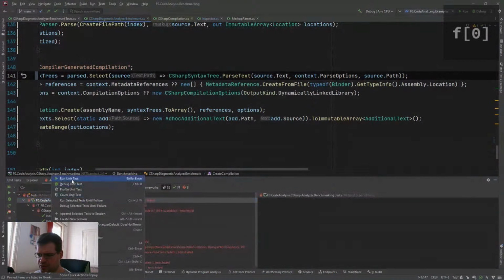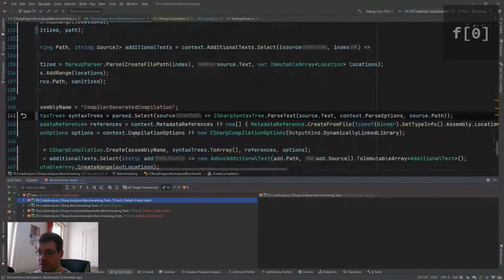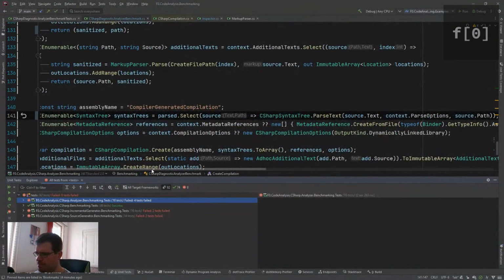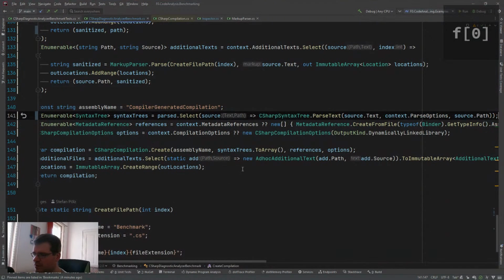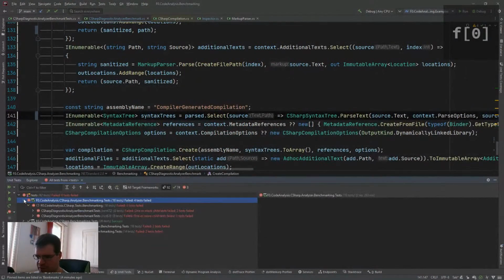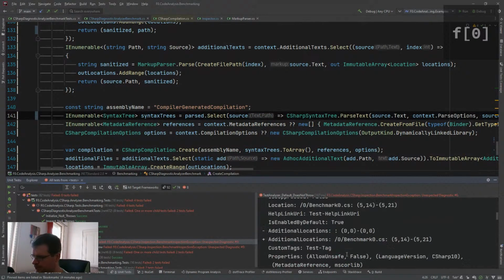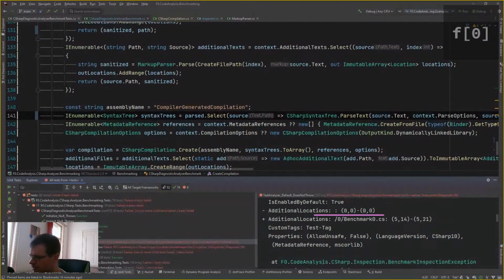And I guess I also need to do this now for all the, well, we need it for the source generation, because there we also create the diagnostic or the compilation via the C# compilation create. And for the others, we actually create a solution with projects and documents where we pass them already. Still failing because now we expect